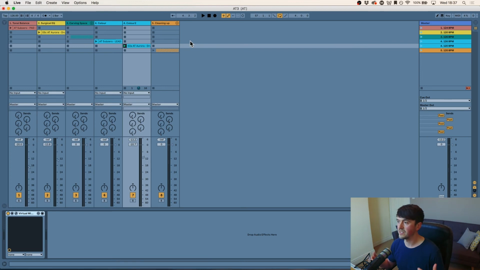So when you've got all your elements in, you've arranged your track, you're at that mixing stage, and you're getting really close to the end of the mix, say 85-90% there. But you just want to make things pop a little bit more, things pop out of the mix. Let's say you've got a clap and snare and you're feeling like it's just not got that punch going through, but you've come to a point where you've